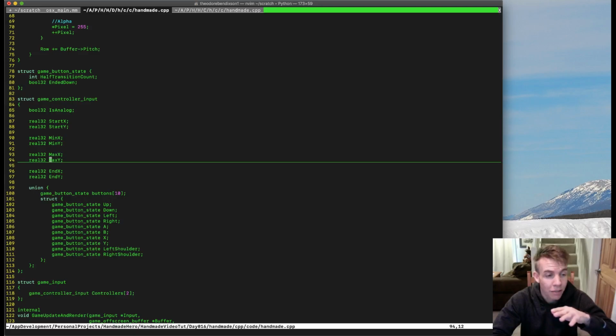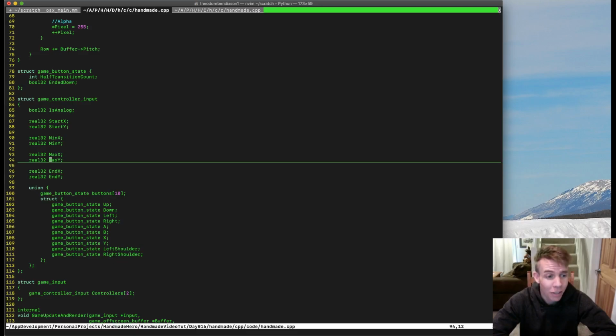It's kind of as the input was being processed in that frame, what was the minimum x value and what was the maximum x value. We don't actually use a lot of these, and in fact, I don't believe that early on in the series many of these even get populated with values. But the idea is that we can, in fact,